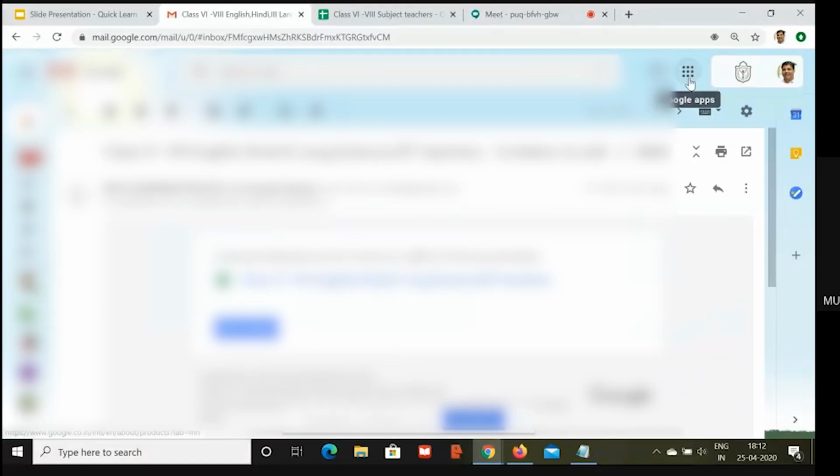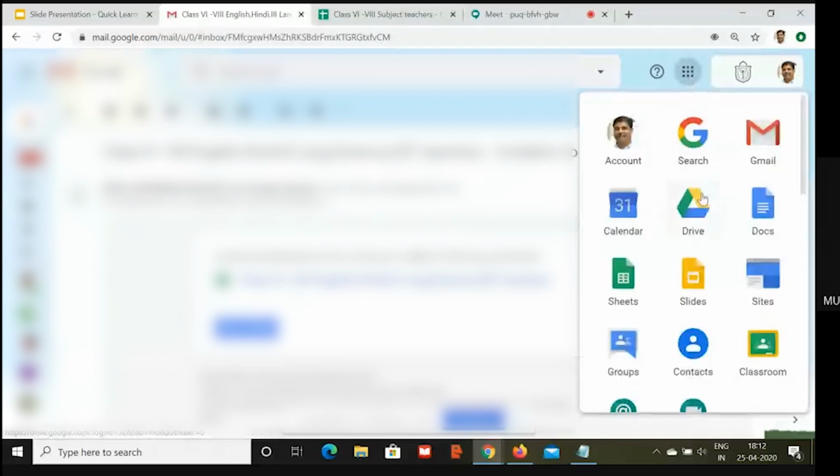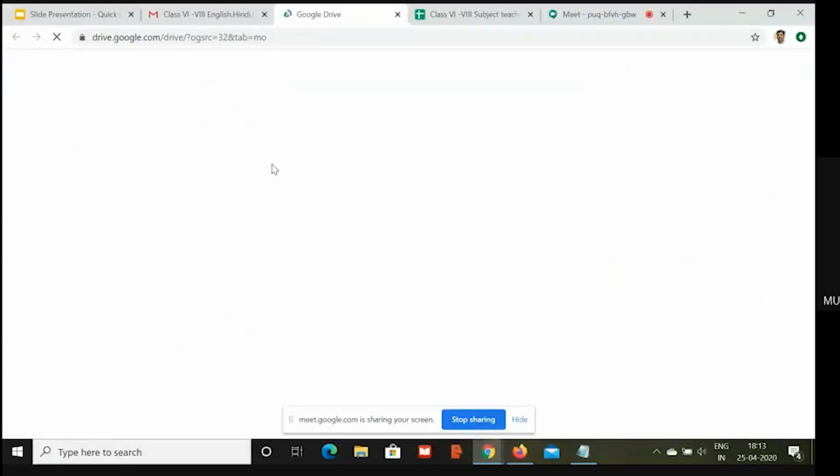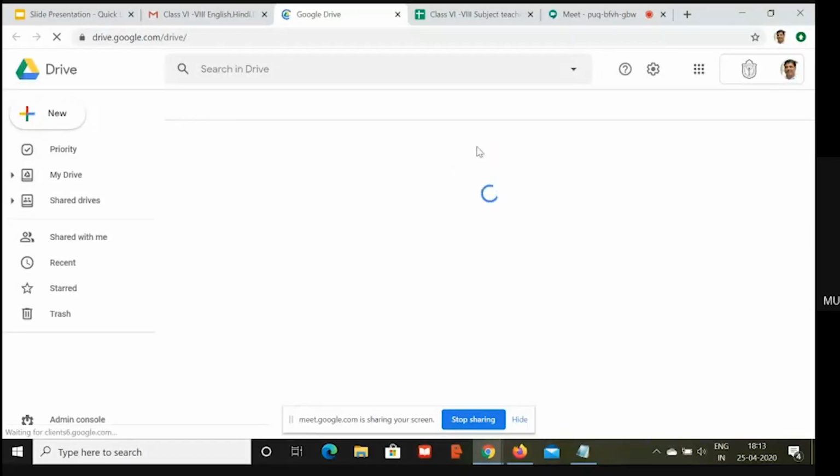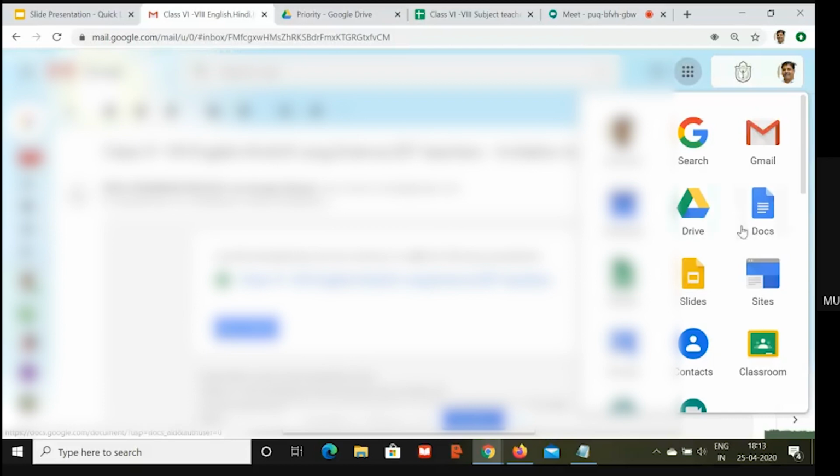The entire thing, right? So first of all, we'll go to our normal method. We'll click on the Google Apps, click on Drive. Then either you go from this route or you directly go to Google Apps and then click on Slide, right? So this is also possible.